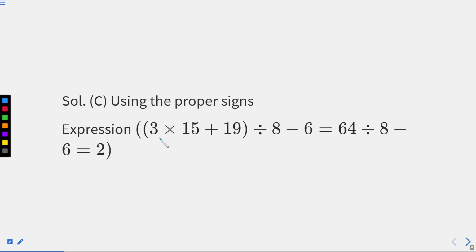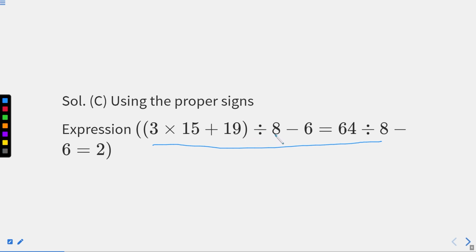After re-revising the equation, we come up with a new equation, that is this, right? And on solving this equation using BODMAS, I am just quickly revising how we proceed. First, we'll solve the bracket, and within the bracket, we have multiplication and addition. As per BODMAS, first we'll go with the multiplication. So 15 plus 3 comes out to be 18, and if we add 18 plus 19, that comes out to be 37, right? Or 36.